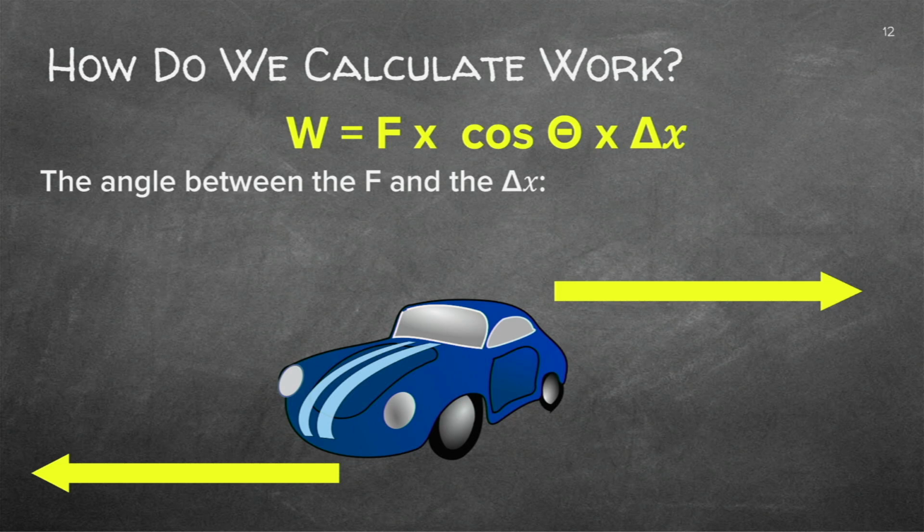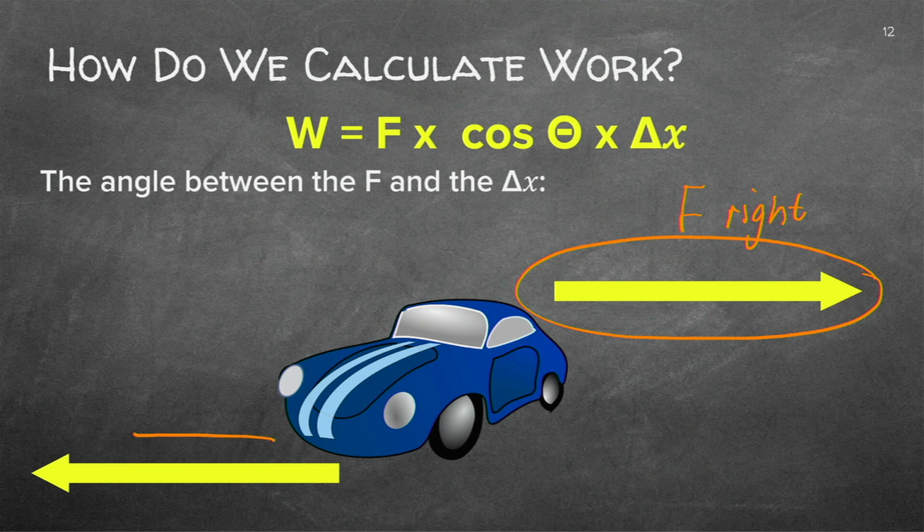So what I have here, I'm applying that force in that direction to my right. I'm pulling this little car to the right, and then it skids off to the left. Can you see there? So interesting, the force is in that direction, right? But my delta x is in that direction. So the angle will be 180 degrees. And if you put cos 180 into your calculator, you'll find a value of -1.